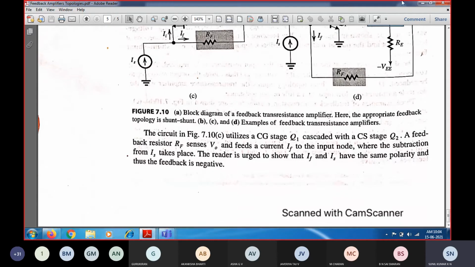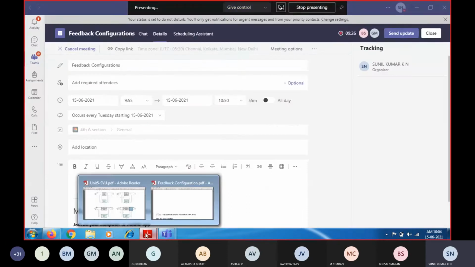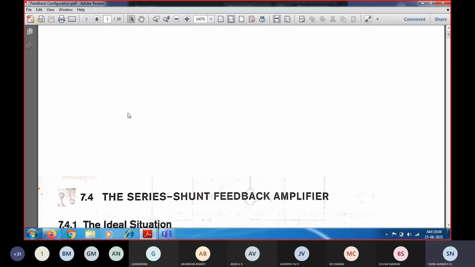So after understanding how the feedback signals need to be connected across the input side as well as the output side, next we are going to see in detail about the feedback configuration. We have seen the four important properties of feedback right in the beginning of this chapter. We started with the important feedback properties, and among the five, four we have derived, and the fifth one was controlling the input and output impedance. So that was the major thing. So that we are going to see now.